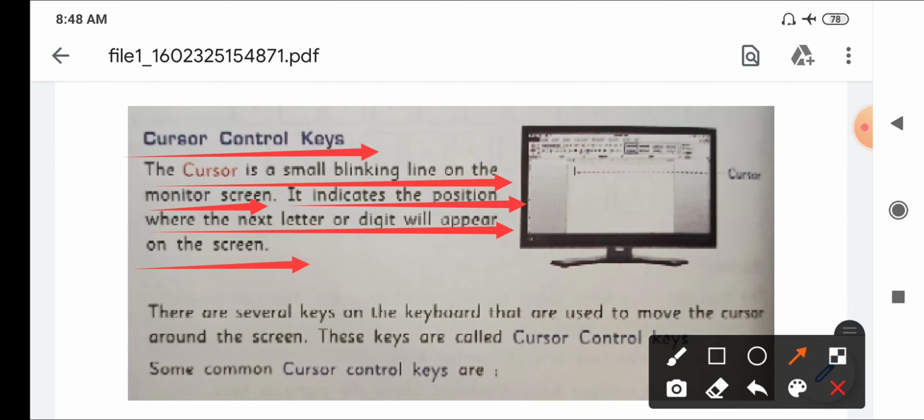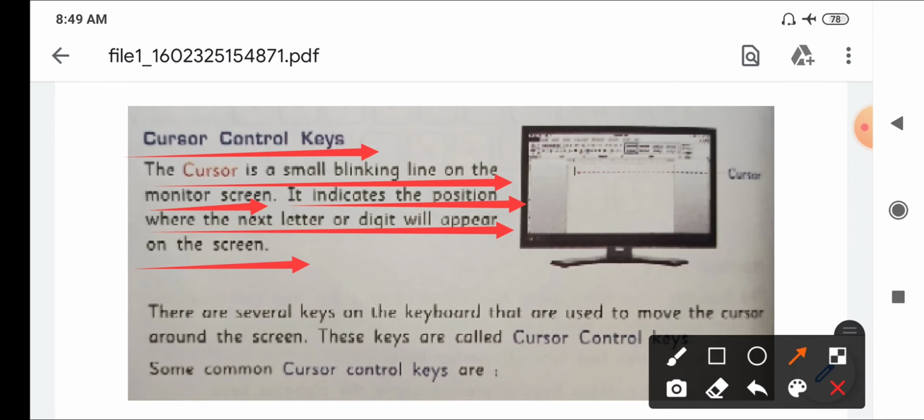So you have seen whenever we open our computer system and open Microsoft Word, what will happen? There will be a blinking line, a horizontal line, and it will keep blinking, indicating something.